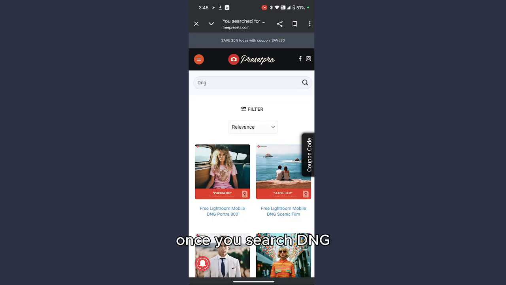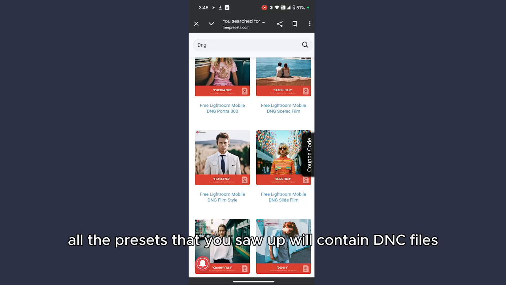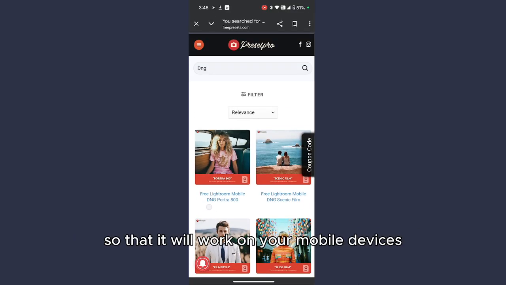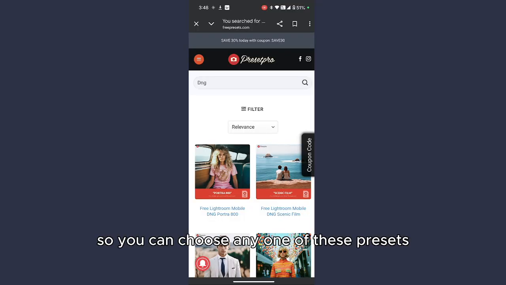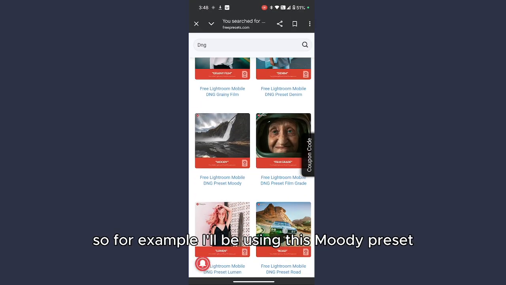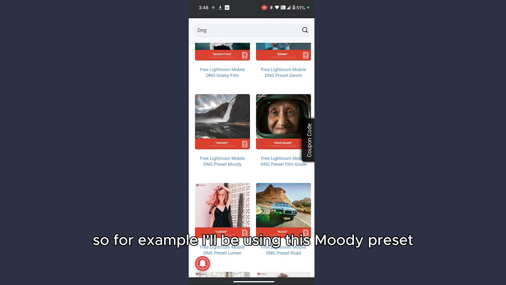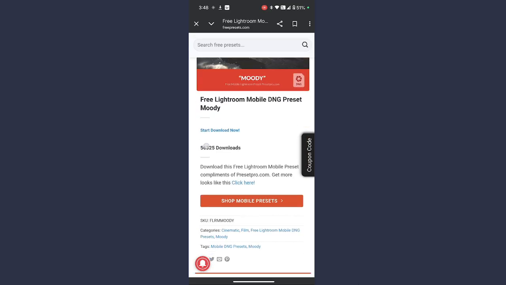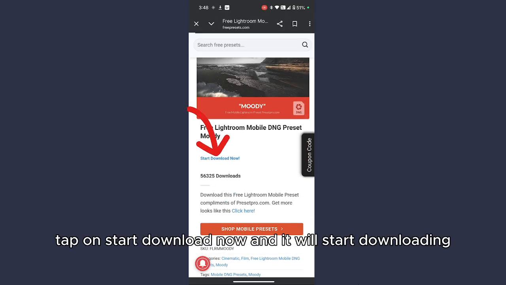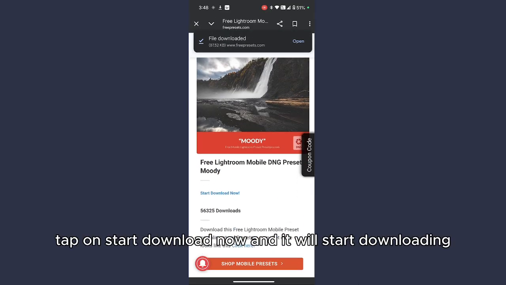Once you search DNG, all the presets that show up will contain DNG files so that it will work on your mobile devices. So you can choose any one of these presets. So for example, I'll be using this moody preset. And once you have opened it, tap on start download now and it will start downloading, and then open the